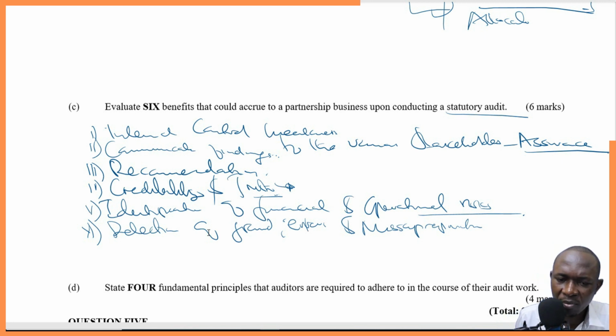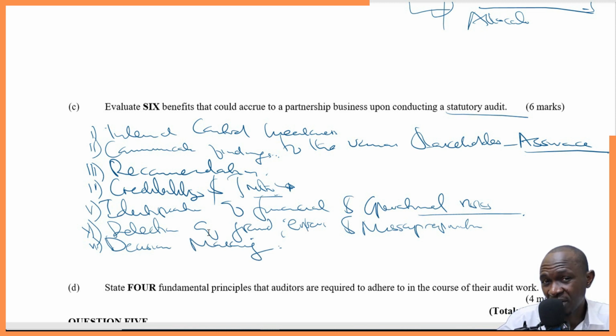Of course, we have something about decision making. Audited books have always been used for decision making to guide decision makers and all the other stakeholders, the partners. So it will greatly help them when making decisions. They will always make reference to the audit reports, because that is the business communicating. When you talk about audit reports, it's basically a summary of the business standing as at a given period of time. Then, of course, it can also be used to access capital,